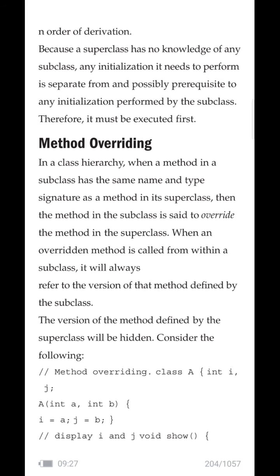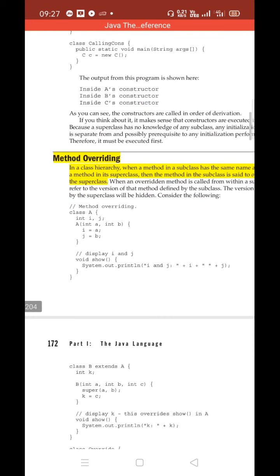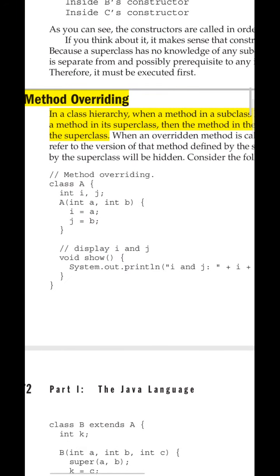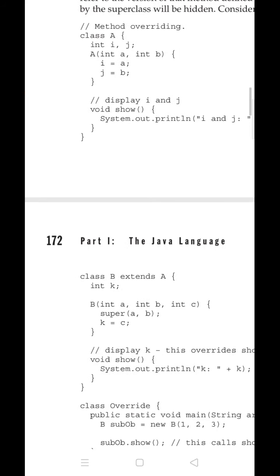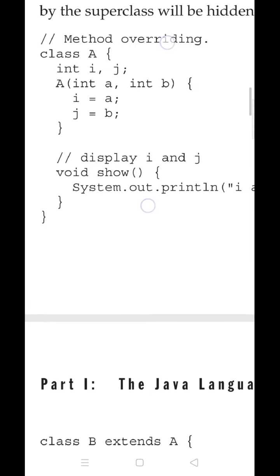Now let us consider the program. Better I'll change the view. Okay, the things I have highlighted. So method overriding, hope it is visible, right? A small programming example is there once again. Class A with two members, default members i and j of type integer. Hope it's visible now. It has a constructor. Just recall the concepts of constructor. A constructor should not have any return value, right?